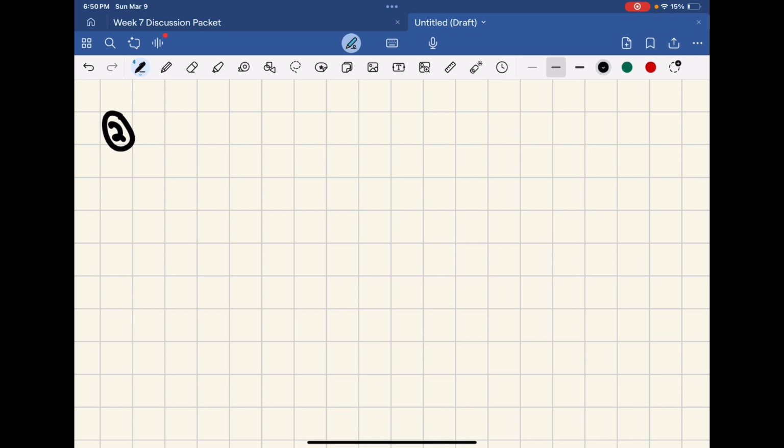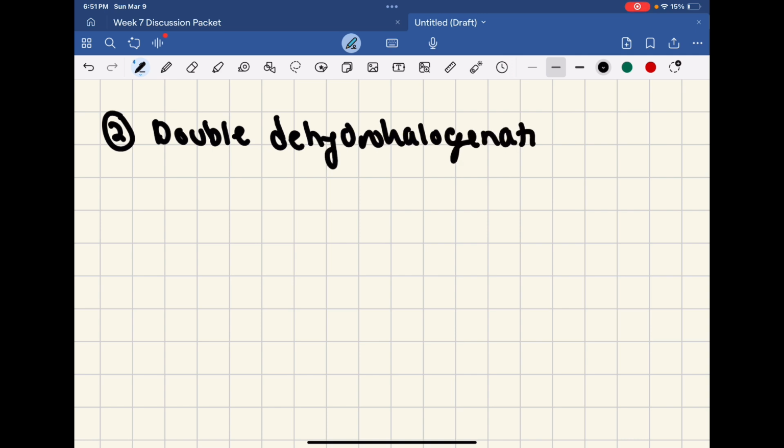Okay, reaction 2. Just as we saw halogens adding across double bonds, we can imagine that they add across triple bonds. We could also remove halogens from haloalkanes to form these double or triple bonds. So the first thing we're going to talk about is this thing called double dehydrohalogenation. Okay, so this is a means to prepare alkynes from a dihalide. Specifically, if I started with something like this,